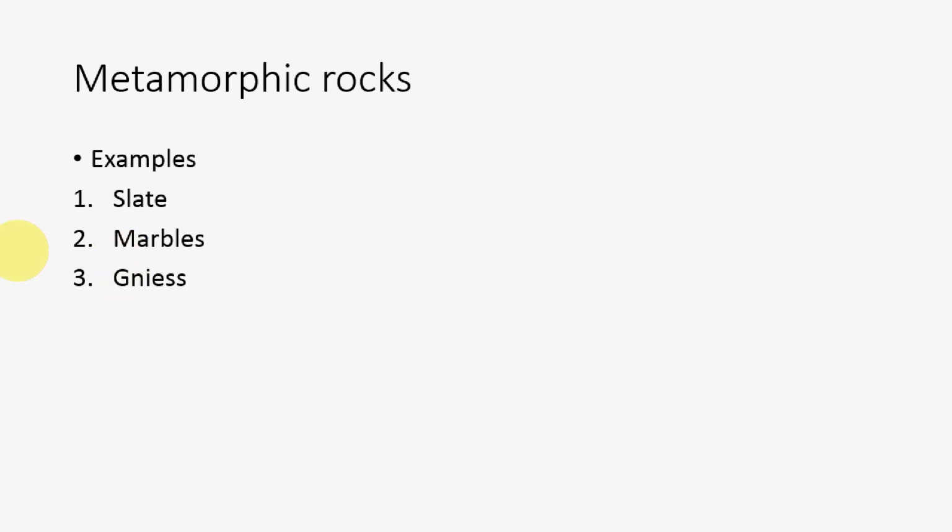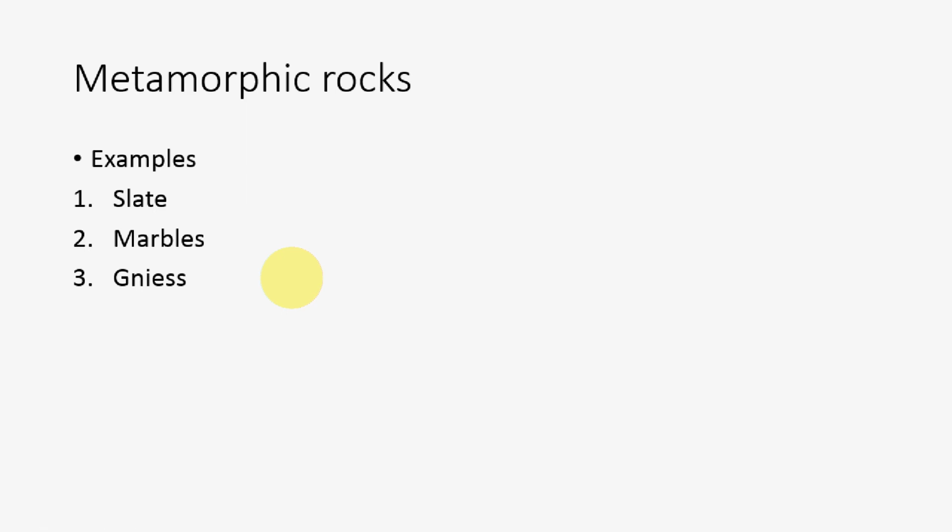So here are some of the examples that we have defined over here. One is the slate, marbles, clay, shale, coal. So these are all, sorry, not coal, sorry. The best examples of metamorphic rocks are slate, anthracite, marbles, quartzite. So these are some of the examples that I have not mentioned here, but I'm just calling it out.